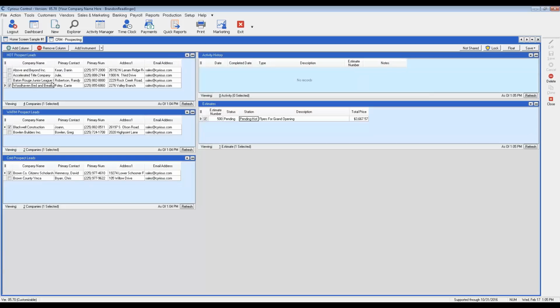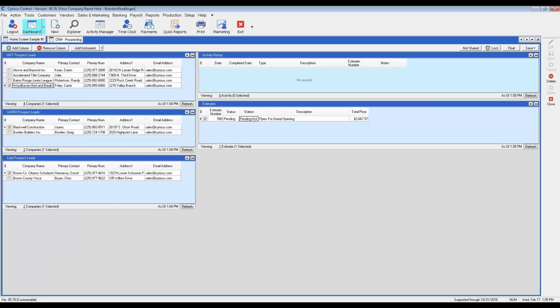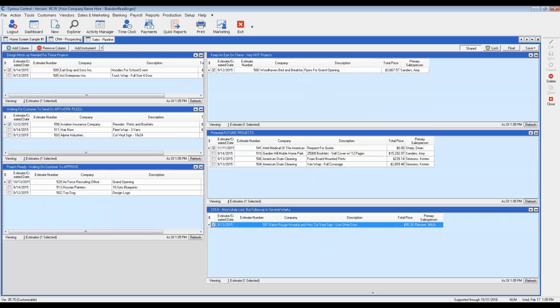This is just one little example on how to get to the information using dashboards and that kind of thing. Some of the other stuff that you'll find people will use through time, they may create dashboards that give you more of a pipeline look. This is one where we're looking at all different types of estimates that have been created, and they're in different stages inside of Control, so I can have a little bit better way to track how things are,